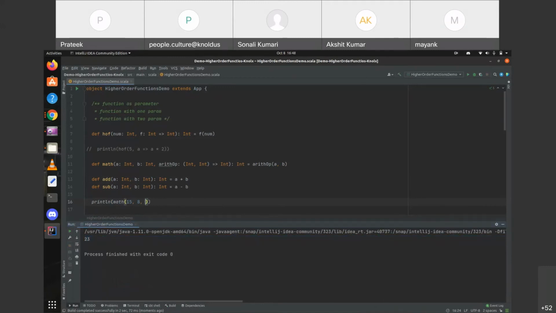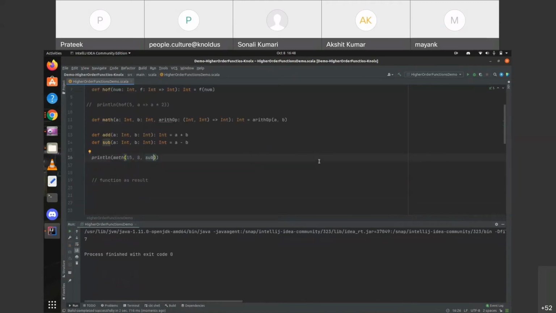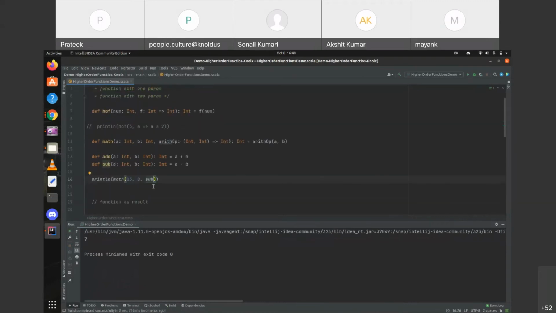Similarly, if we pass the subtract function without the parenthesis, then it will give us the subtraction, 7. Okay, so this was all about the function as parameter.